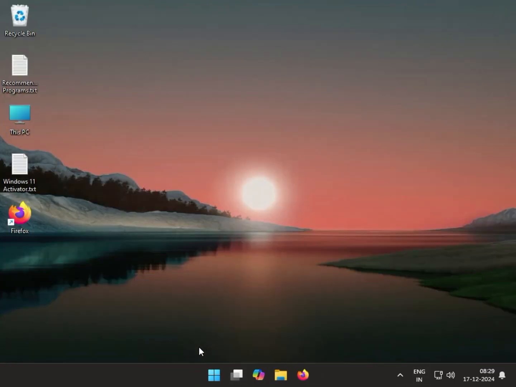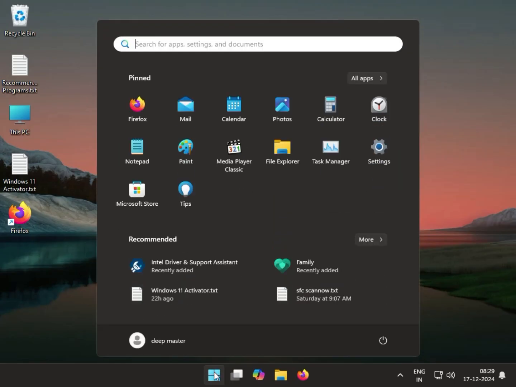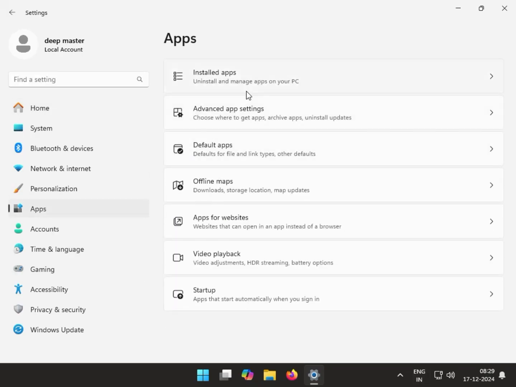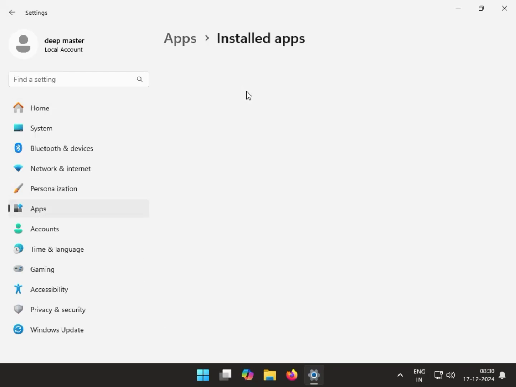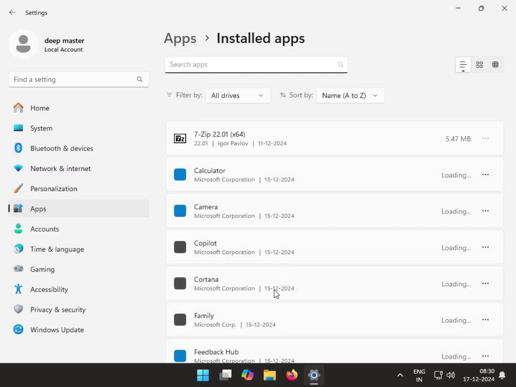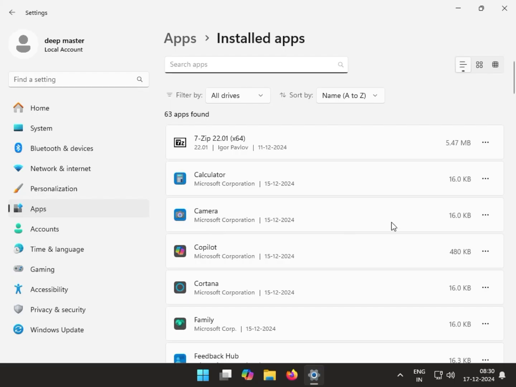Check camera app. So second method: click on start, go to settings, then click on apps, installed apps, wait a few seconds, camera, click on the three dots, then click on advanced options,